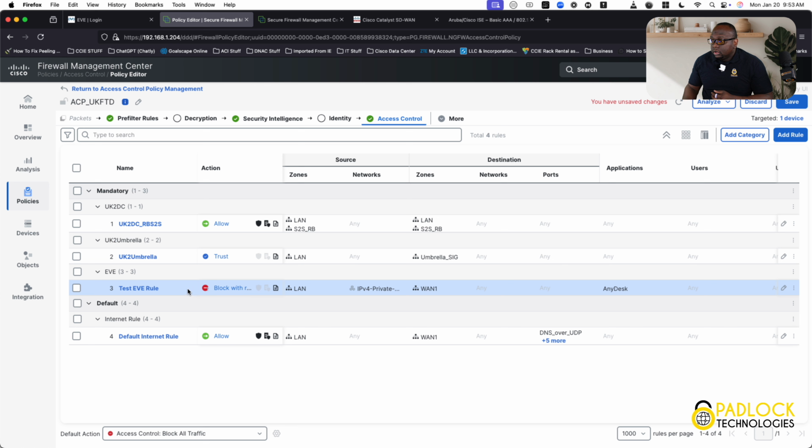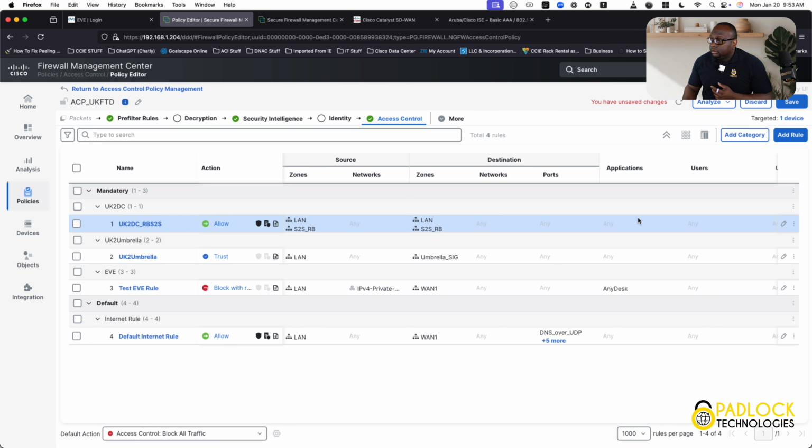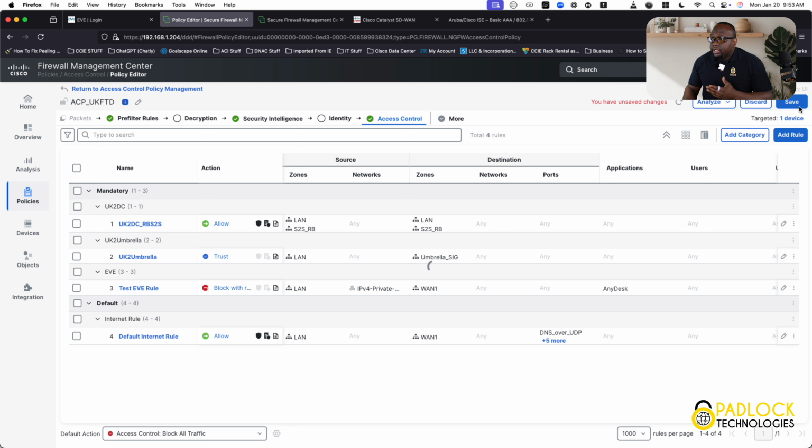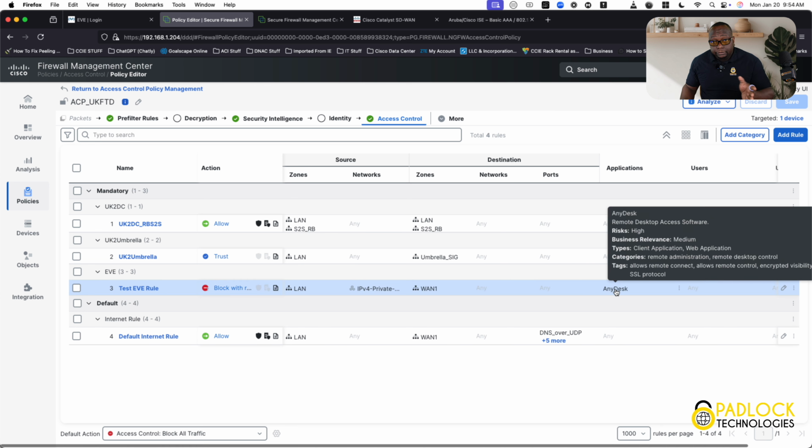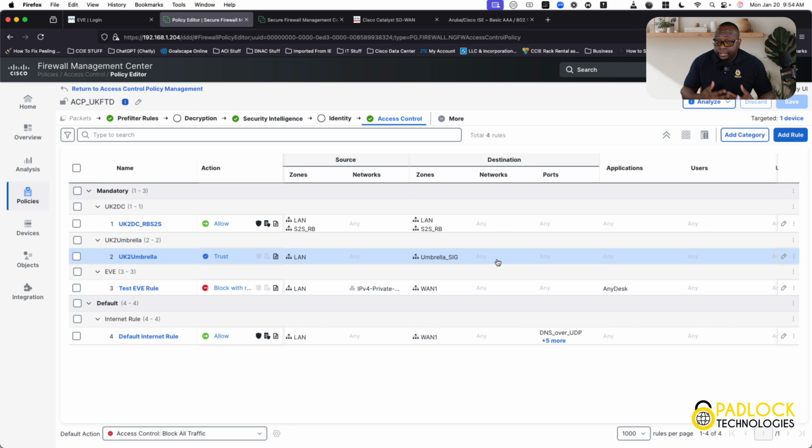Now, here's our block with reset rule. If I save it here and push it out, what will happen is if anybody tries to use AnyDesk to go outside of your network, going out to the internet per se to get to their home machine, because a lot of people do that, they'll install TeamViewer and all this stuff on their home machine, and then they'll be TeamViewing or AnyDesking from your headquarters to their home machine using AnyDesk or any one of these remote desktop control applications. It will block it immediately based on the fact that EVE saw it,